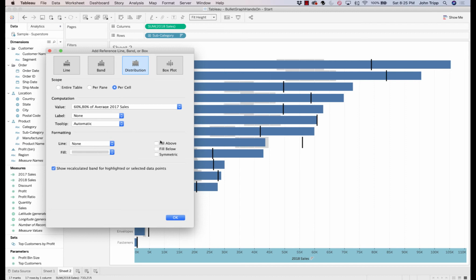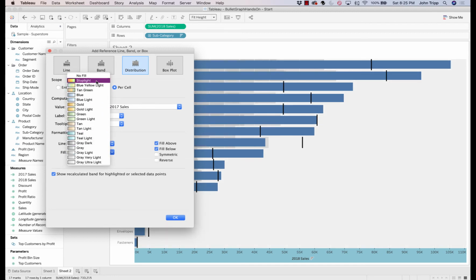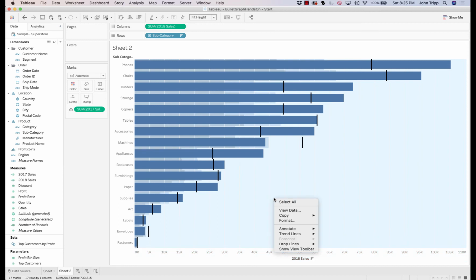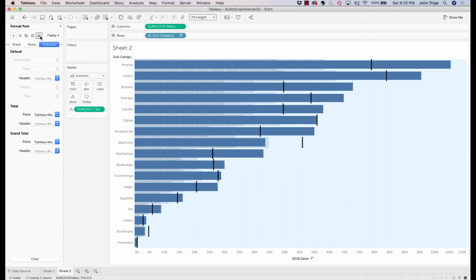And we will choose the fill above and fill below. And let's just for now, just for fun, use blue. And if you look, there's our bullet graph. To get rid of our vertical lines, we choose format. We go to lines, we get rid of the grid lines, and we have a beautiful, beautiful